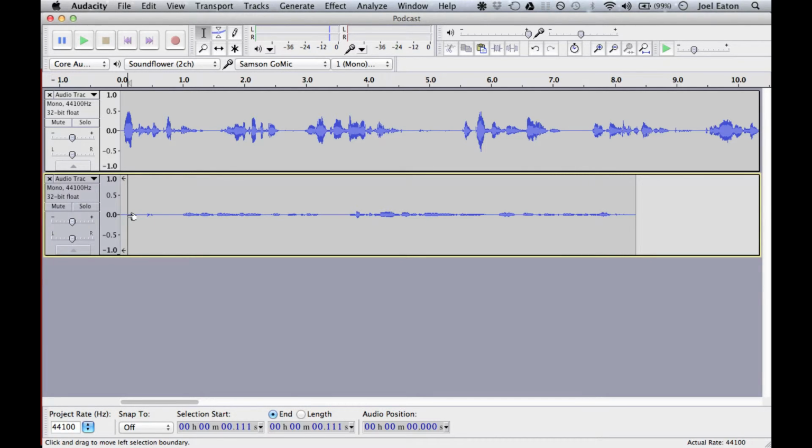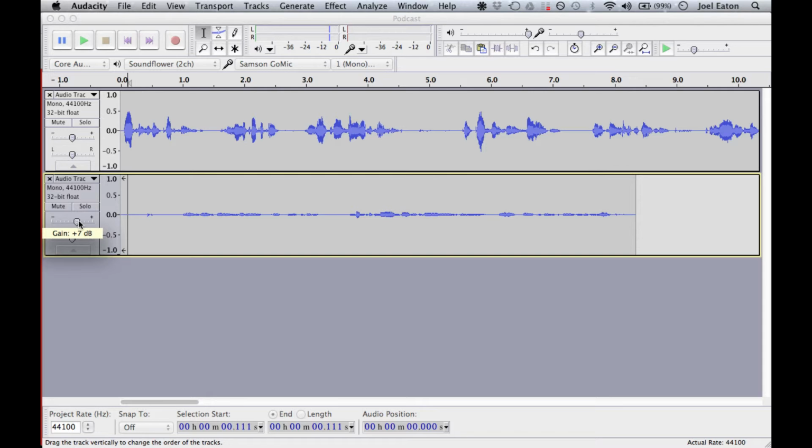A much simpler way to do this, which also provides some future flexibility, is to use the volume slider in the track controls on the left-hand side. Here we have a slider which, if we move left, our gain, or again our volume, decreases, and if we move right, it increases, and again it uses values of dB or decibels. So when it's at 0, we're not making any changes in volume, and when we move it to the right,